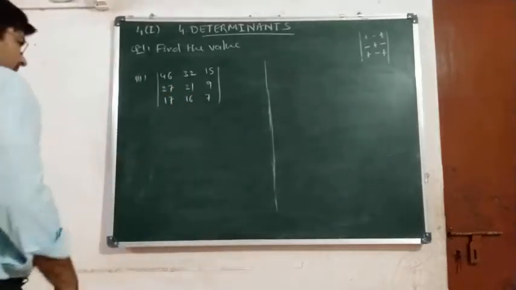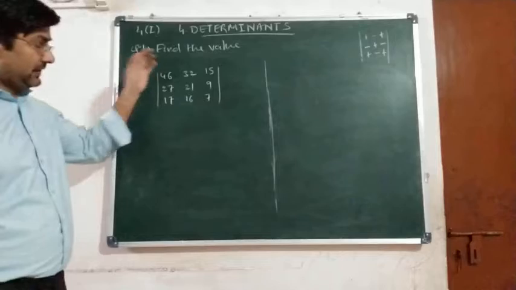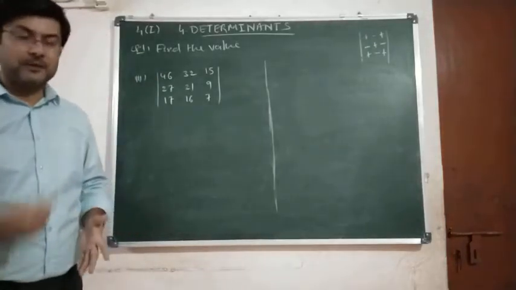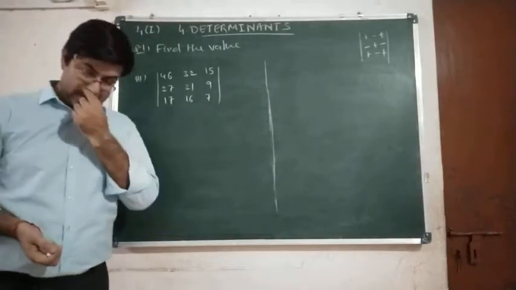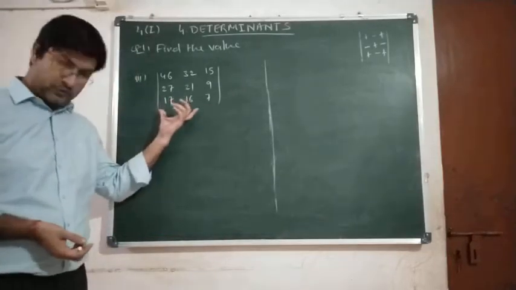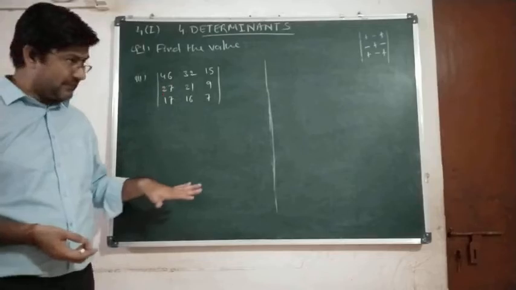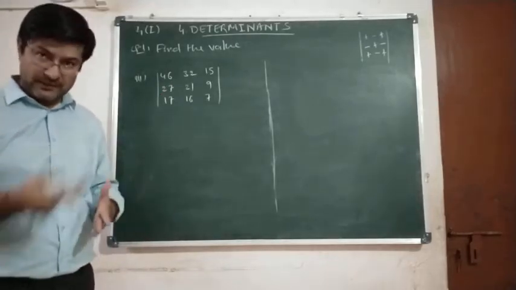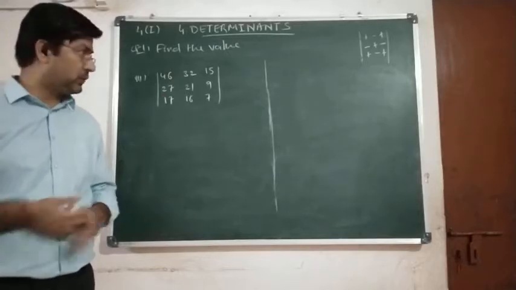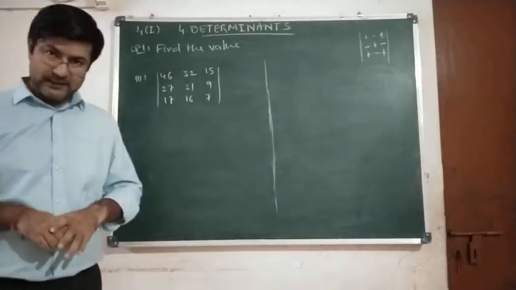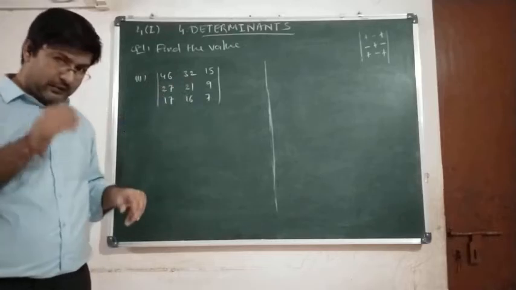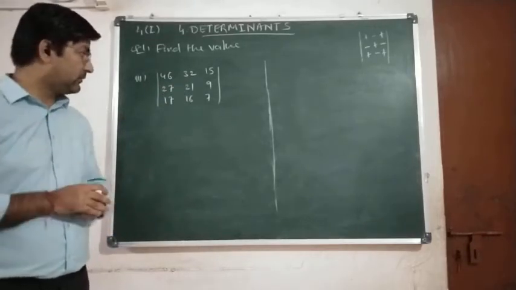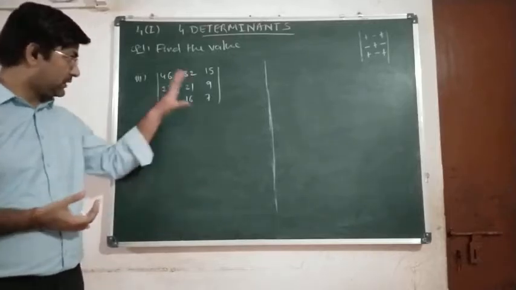Okay. Since the question is to find the value of the given determinant, it is not mentioned whether to use the properties or not. So it is not compulsory to use the property. You can even directly expand as we have done in the previous 2 questions. The first and second determinants we expanded directly along the first row or first column. So here also you can start expanding directly, but since the numbers are bigger, the calculation would be a little time-consuming, and therefore we are using the properties in order to simplify.